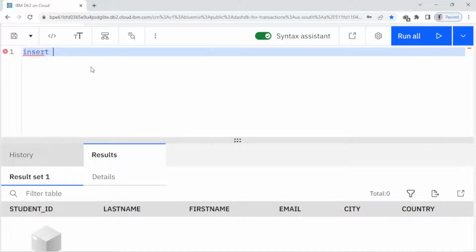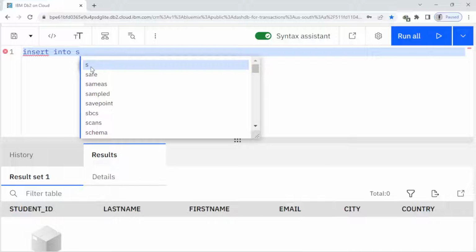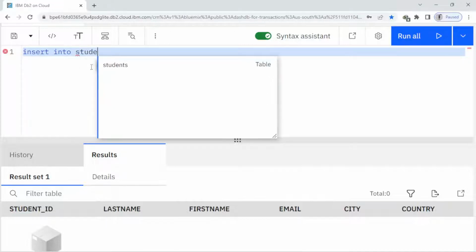insert into. So now name of the table is students, and here I put bracket, and here I have to specify